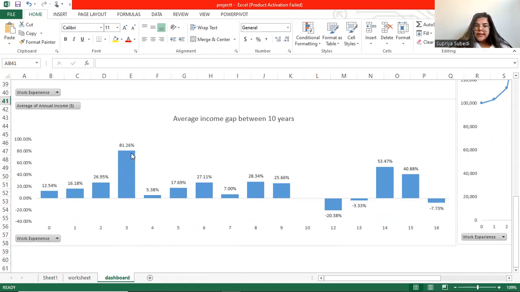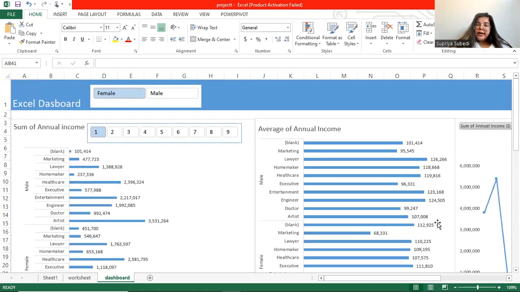So the average annual income between 10 years in 3 years work experience is 81.26%, which is the highest, and the lowest ones are 12, 13 and 16. Here you can see 12 is minus 20, 13 is minus 3, and 16 is minus 7.73%. So similarly, as we go for the male,